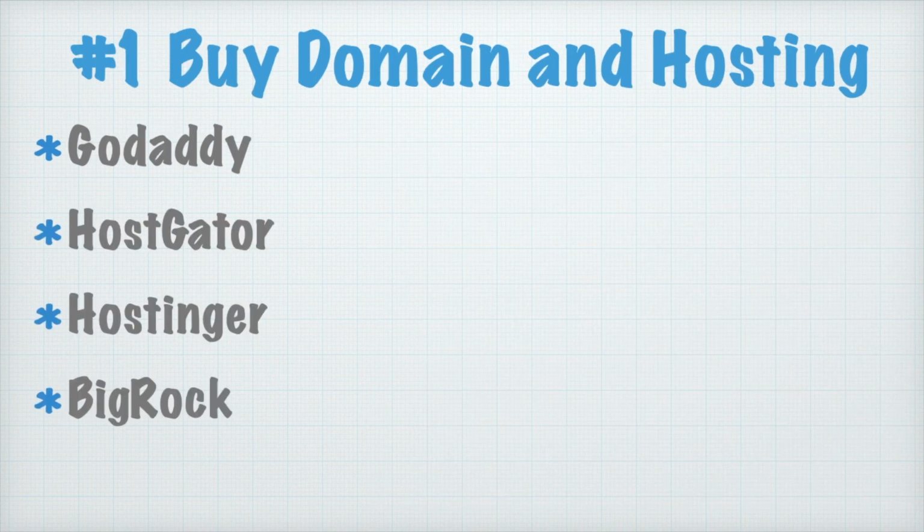Now we are going to discuss a few things as we are going to develop websites. First thing, you have to buy a domain and hosting, right? So how can you do that? You have some options given on the slide: GoDaddy, HostGator, Hostinger and BigRock. There are some other domain and hosting services available, but for my website I have taken GoDaddy services. So I will show you the demo of all these things. So let's start.